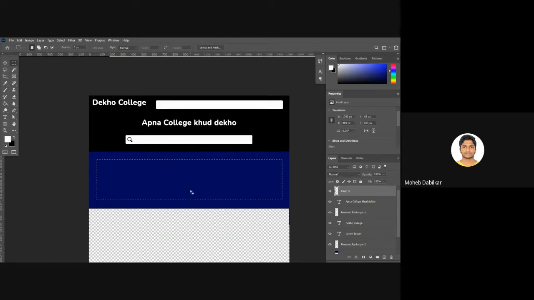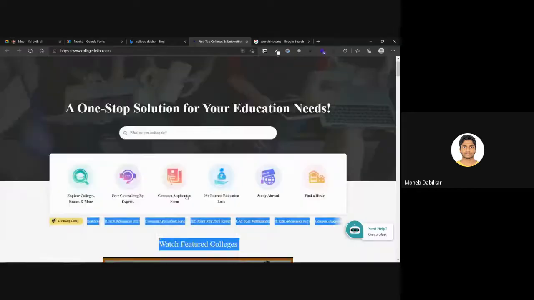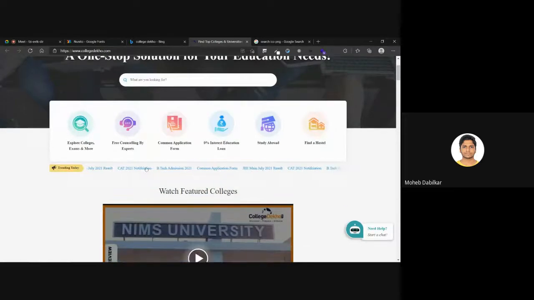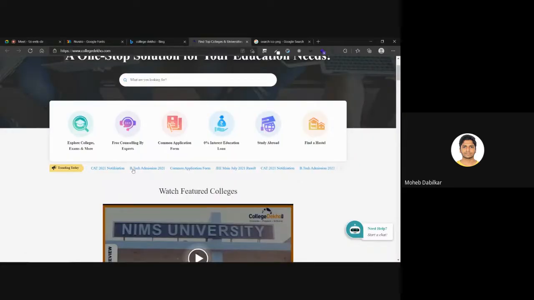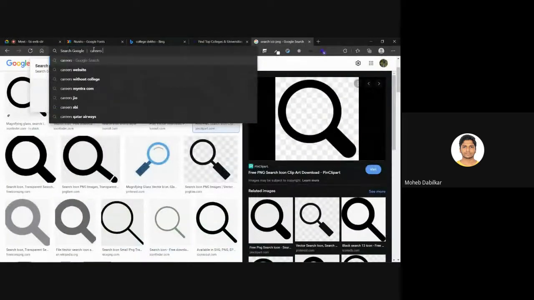Yeah, hopefully now this is centered. Let's just fill it a white color. Okay, and you see we have trending today written over here. What we'll do is, we'll keep something like this over here only, but I don't want to copy them. Let's just go to some other website. So we have Careers360 also.